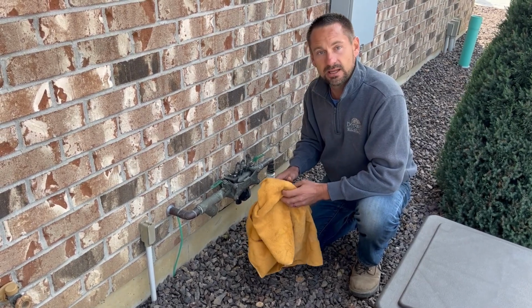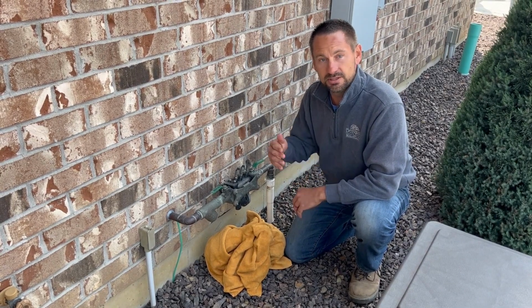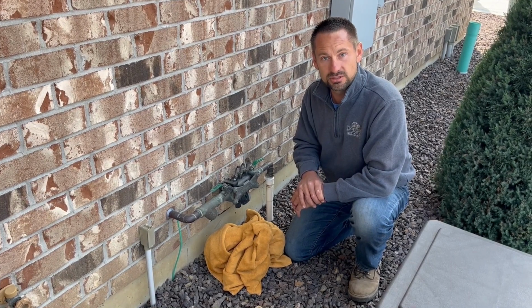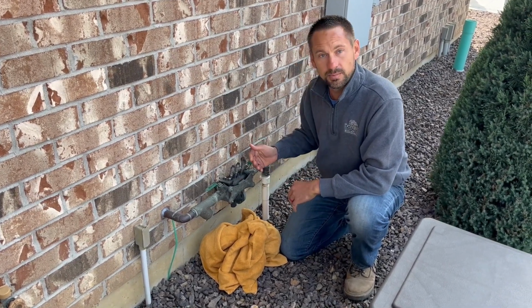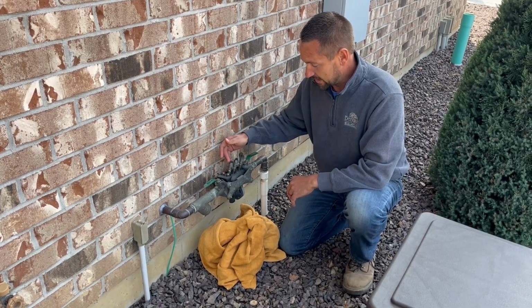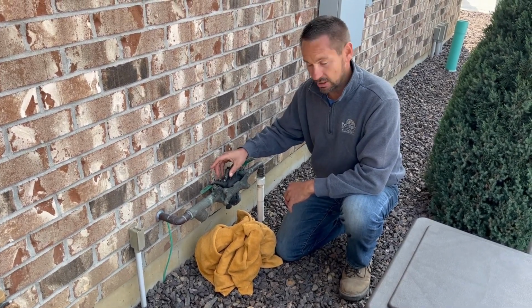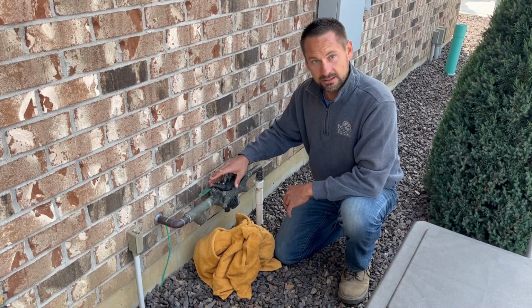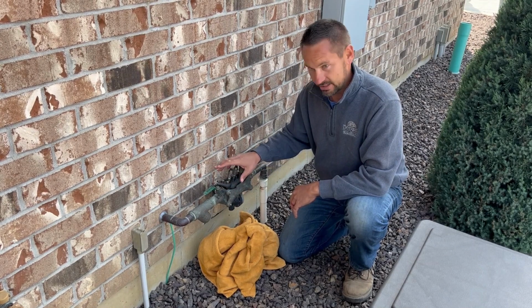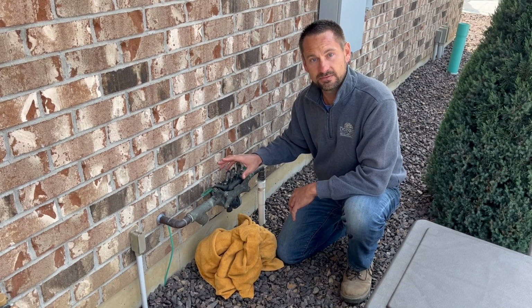Wrap it the best you can, and then we also probably want to turn the irrigation on, and let's run the system when it's the coldest out. So looks like early morning is probably going to be the coldest temperatures. If we have that water moving through the backflow, that'll help it from freezing. Your backflow preventer has got a lot of small parts in it that'll freeze a lot easier than just a wide open 1-inch pipe. So we want to do whatever we can to protect it. A lot of times there's a ball valve right here, it'll crack, and these are not cheap. So we can cover it with a towel, but I think we're also going to have to run the system